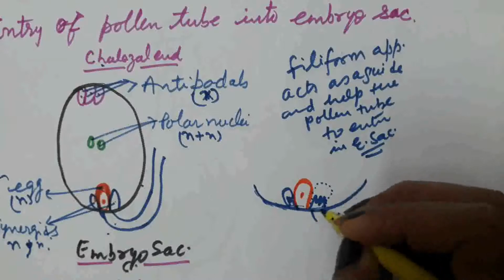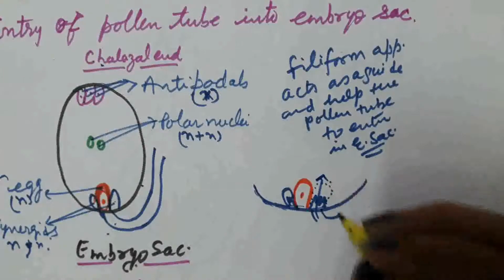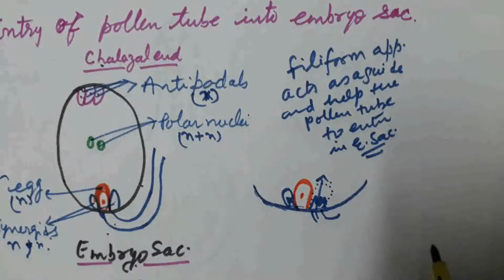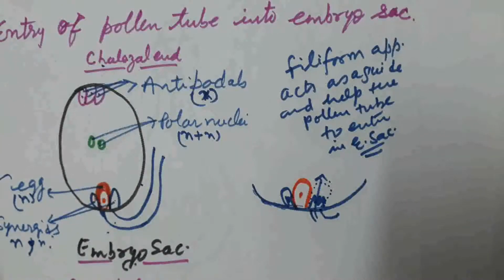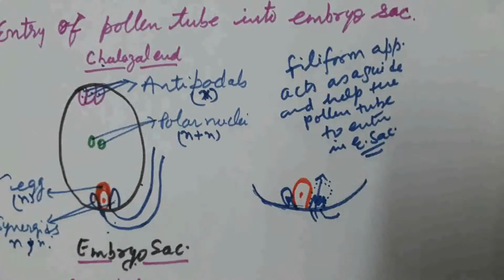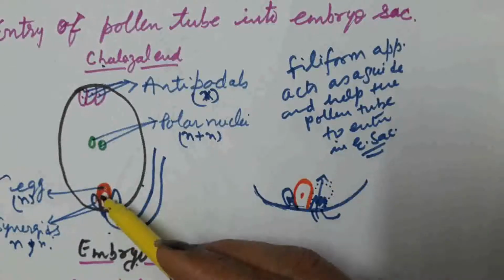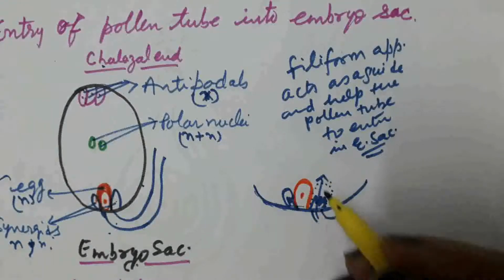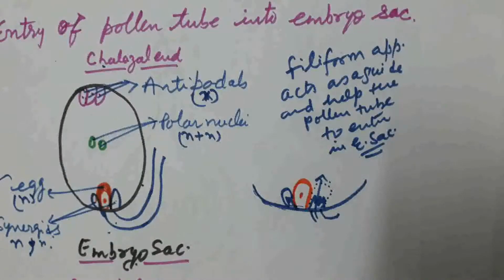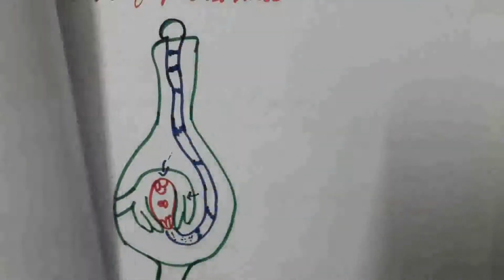The tip of the pollen tube dissolves and the contents of the pollen tube discharge into the embryo sac. What are the contents of the pollen tube? That is the 2 male gametes released into the embryo sac. So by this process, inside the embryo sac 2 male gametes are released. Now what happens inside the embryo sac? Inside the embryo sac, we observe the egg cell and 2 polar nuclei. And in fertilization, this egg cell combines with the male gamete. So the next event after entry of the pollen tube into the embryo sac: the pollen tube releases 2 male gametes inside the embryo sac, and now fertilization takes place.